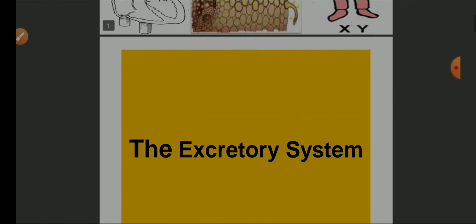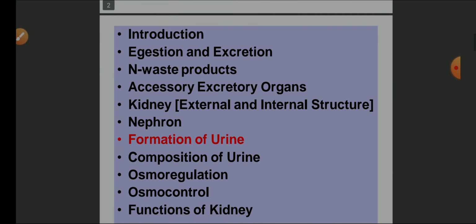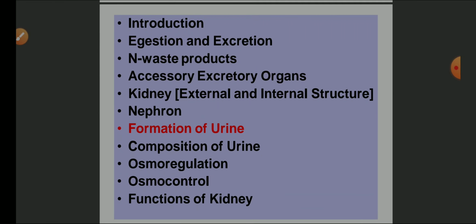We are working with the chapter the excretory system, and so far we have seen the introductory part, egestion and excretion, their definitions, nitrogenous waste products, their types and examples. We have seen the accessory excretory organs. We have also seen in the previous episode the external and internal structure of kidney as well as the structure of nephron. Nephron is a basic structural functional unit of kidney, and it is actually helping in the formation of